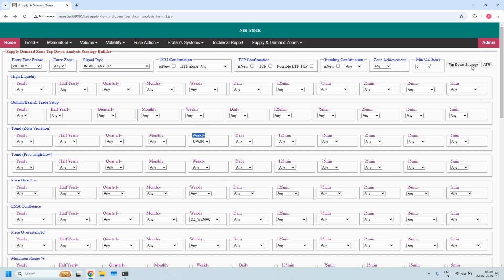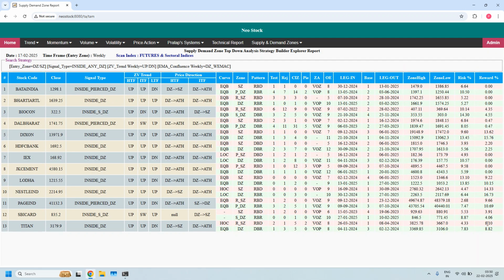So with these filters we got 13 stocks. From 77 stocks, the list has come down to 13. And all these 13 weekly demand zones are having weekly EMA confluence. And also current prices are closed inside the weekly demand zones. Okay, next,